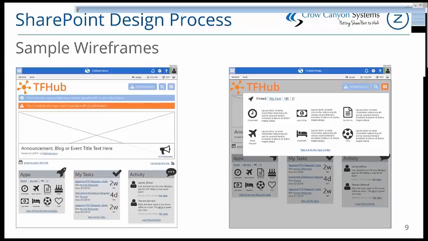So finally, after we've gone through the UX and we're starting to put together our interface, these are some sample wireframes that we've created of a fictional organization called Terra Firma. What we're really trying to do here is not so much design, but get information on the page in the general area and size of what we think it needs to be. So on the left is the home page,